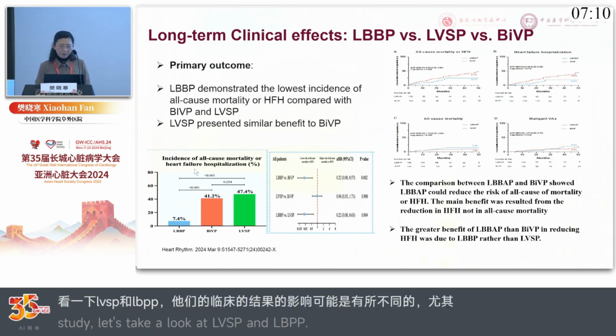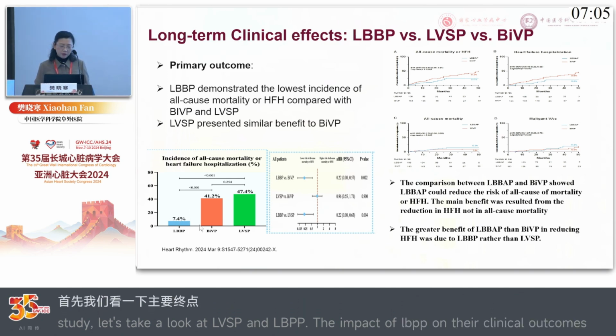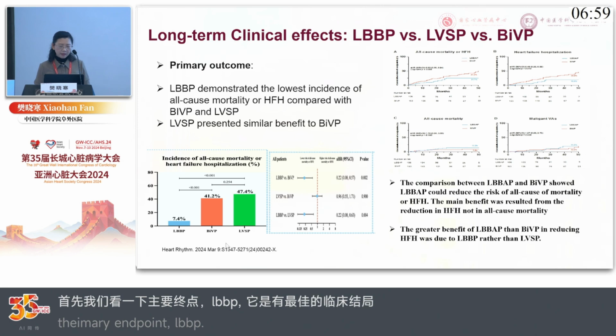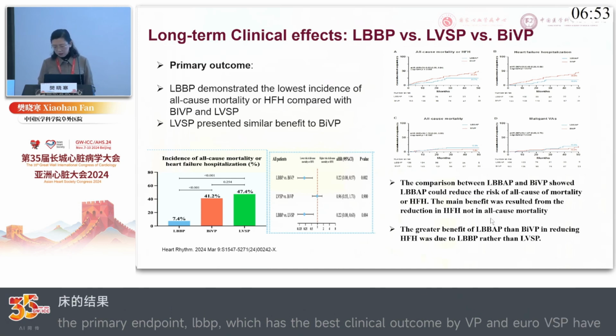Let's see the primary outcome. We can see the LBBP have the best clinical outcome, but the BIVP and the LVSP have similar clinical outcome. When we see the